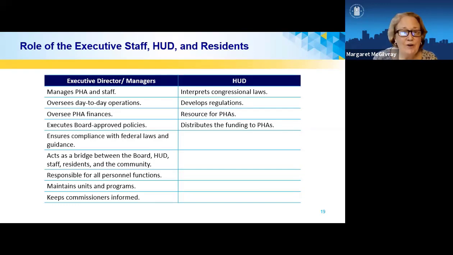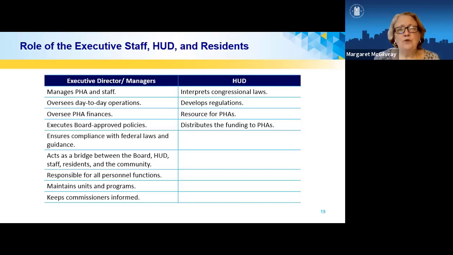They also hire, evaluate, train, and terminate staff. That's not a part of the board's oversight. The board may have an element depending upon the personnel policy, but overall, that is the purview of the executive director. Now, the board does have the responsibility to hire, make sure that they're trained, evaluate performance, and potentially fire the executive director, but not the staff.